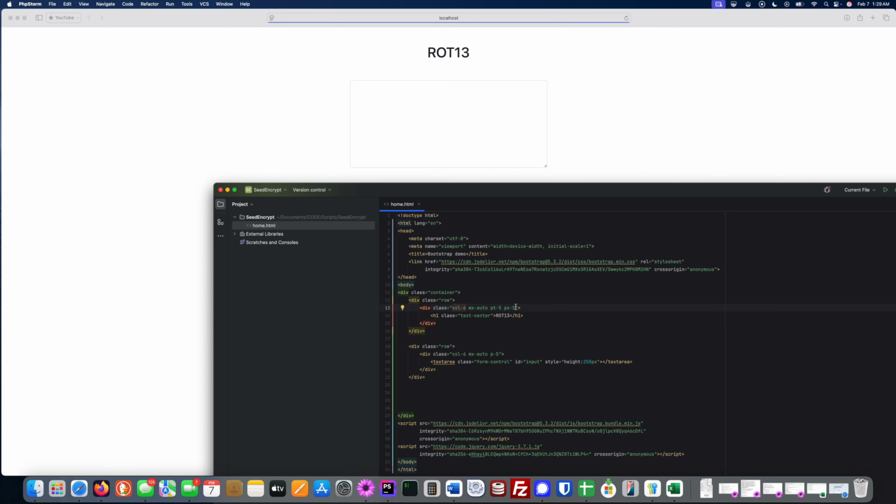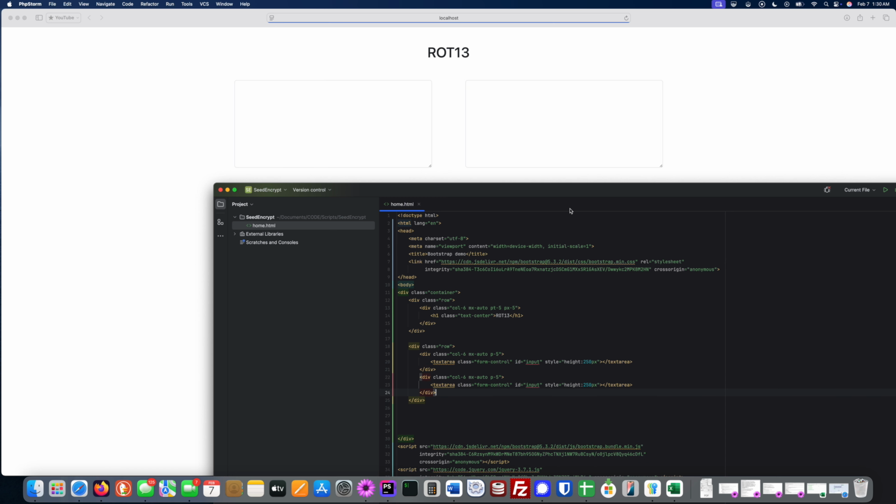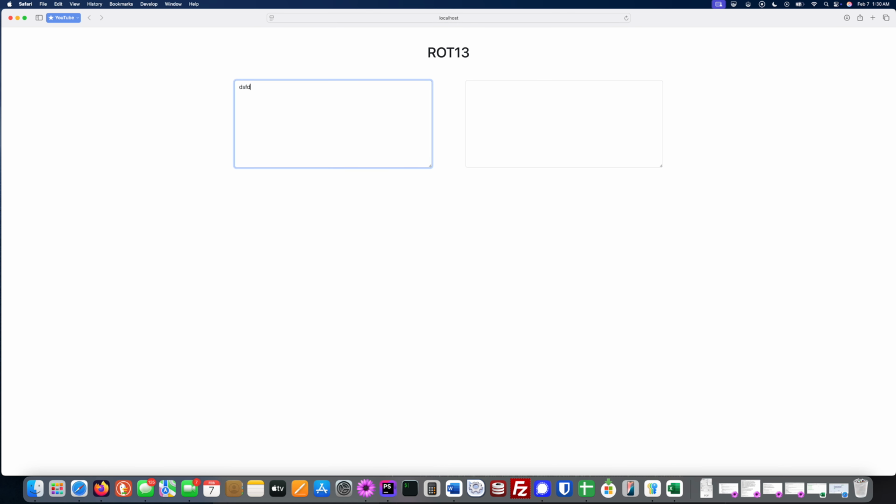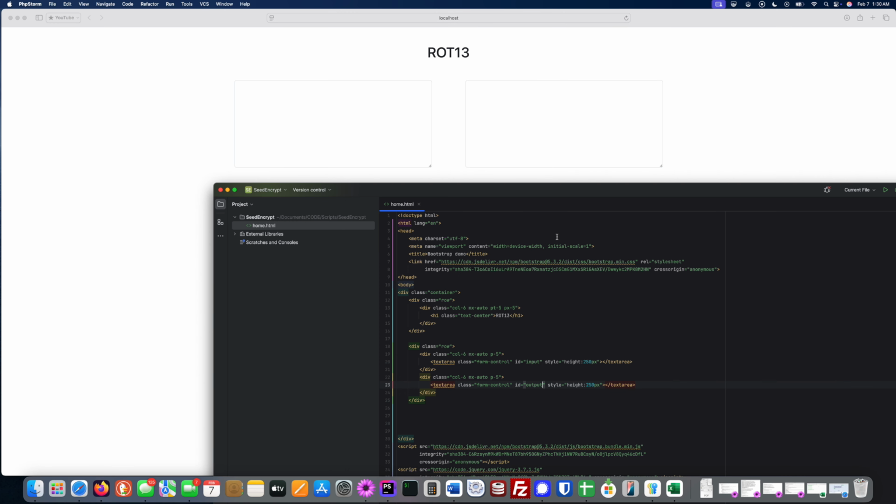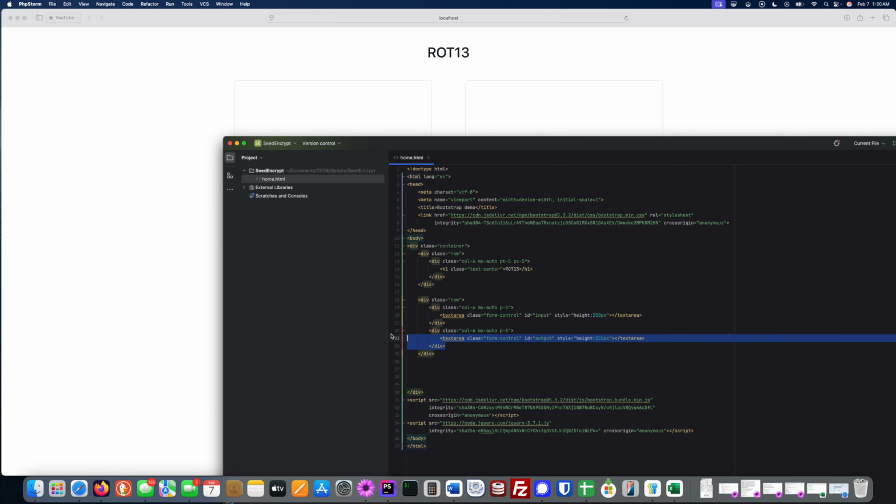Yeah, again, don't want to get too much into this. And I guess I could just do another. Let's do. It could be side by side, right? Because what I want is to be able to enter my C phrase in one box and output the Rock 13 version in the other box. So, and what we'll do next is